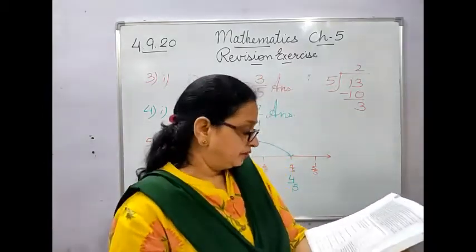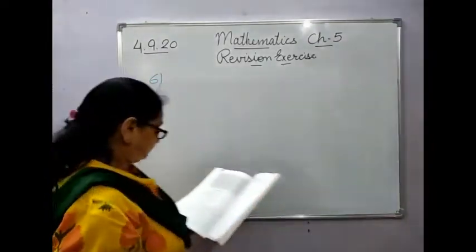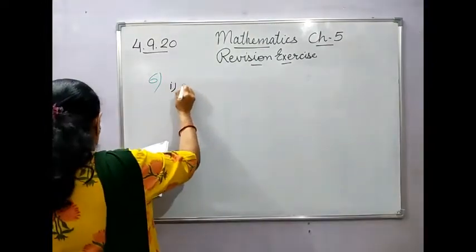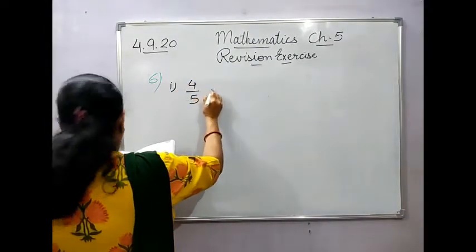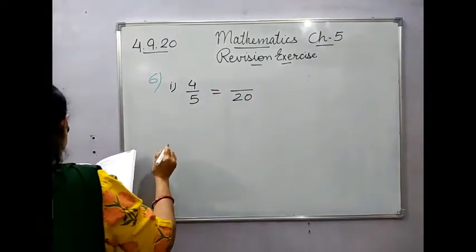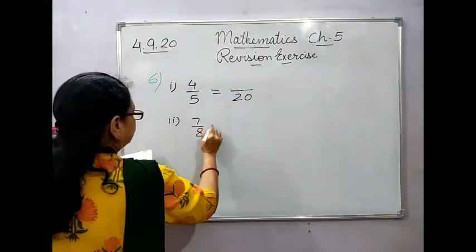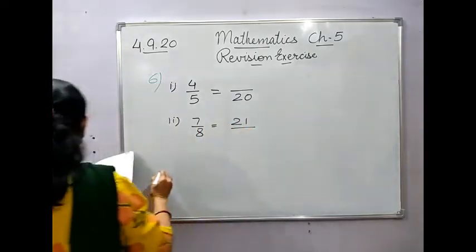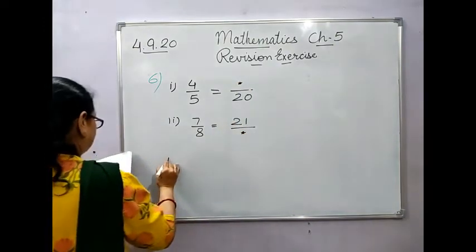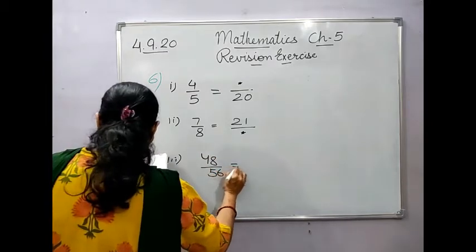Then what number will replace the asterisk mark? Question 6. You have to find out. See, I will be doing the first one. In this, children, they are asked for the equivalent fraction. If you see carefully, this is 1. Then 7 upon 8 is equals to 21, and they have been given this, and the third one, which is slightly 56.